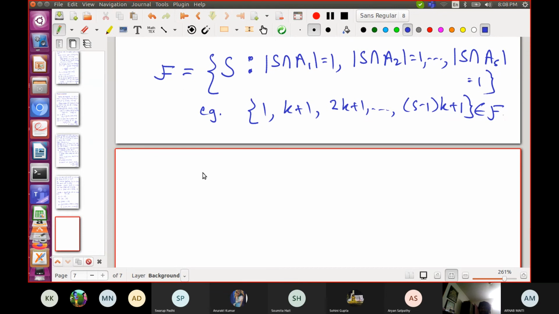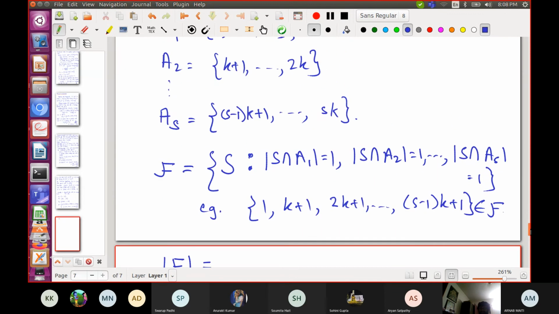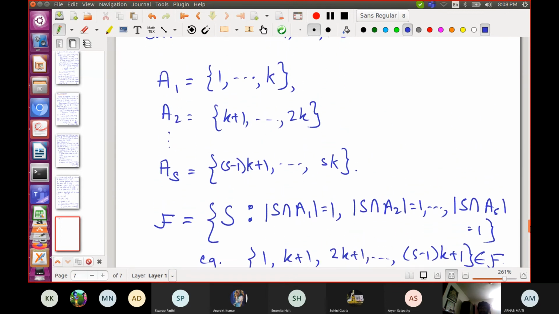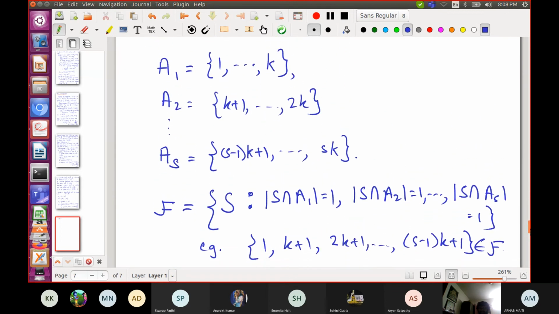So what is the size of F? Can somebody say how many sets F contains? k to the power s minus 1. Sorry, I made a mistake. Each set has k minus 1 elements.